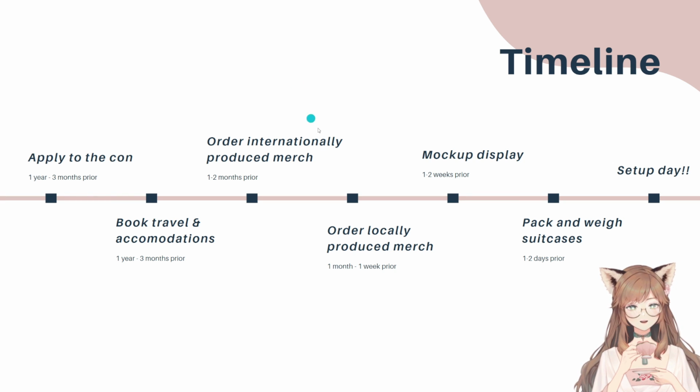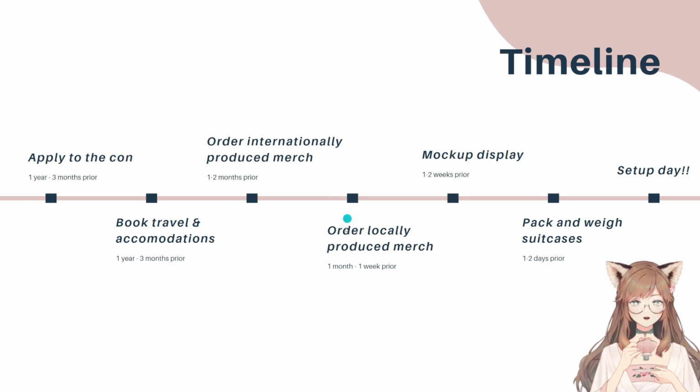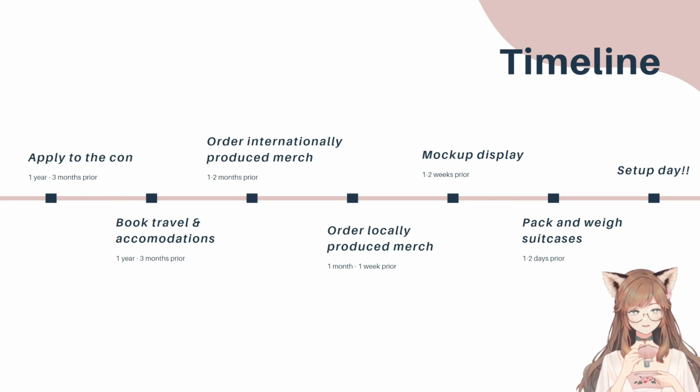And after that, I will order my locally produced merch, which is prints and stickers. I get my t-shirts printed in the UK as well, so that's included. Between 1 month and 1 week prior, I'll order those, because usually my prints can come within 2 to 3 days. So those I can procrastinate a little, or make some extra prints if I get inspired, or if a new anime comes out that's super hyped. That's when I do that.